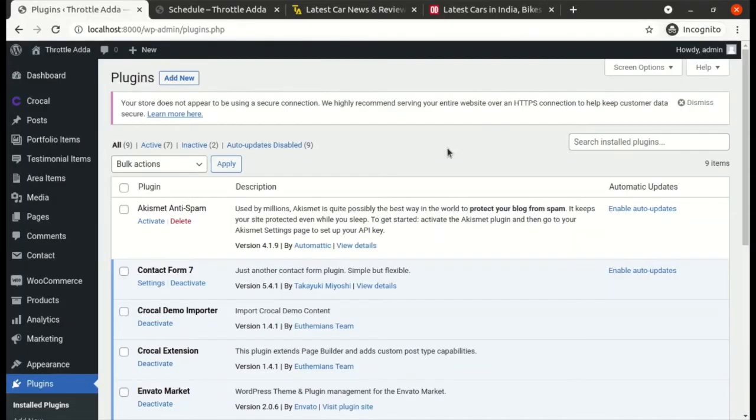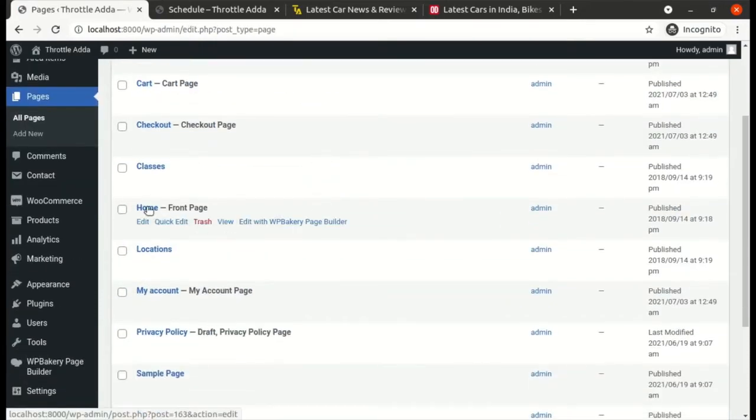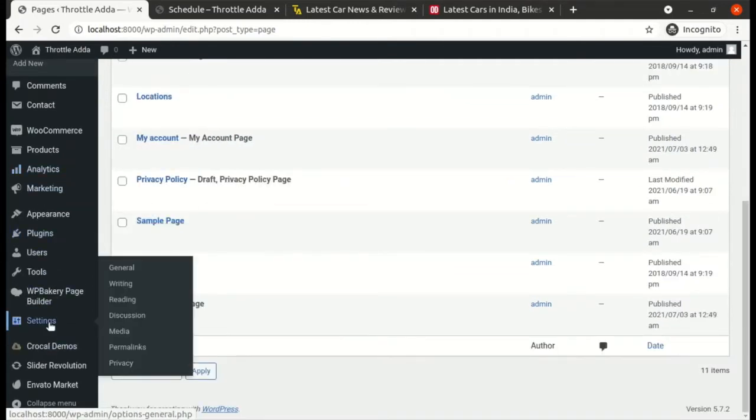As we know now what we are looking for, what is our target, let's jump to the pages section. Okay, we see the home page, the front page over here, right? Now how is the home page tagged as the front page? I'll show you. We'll quickly go to settings,